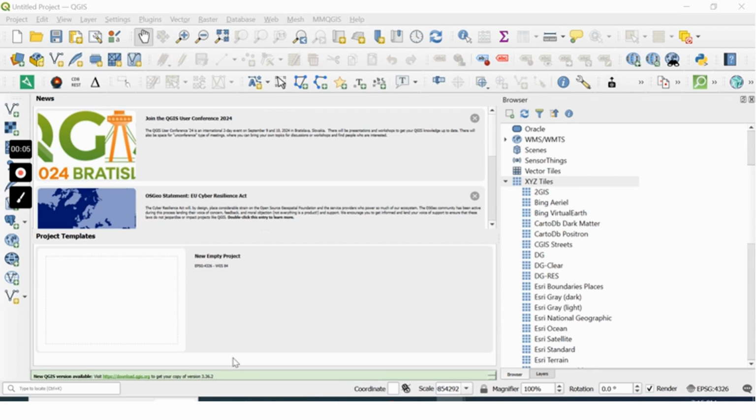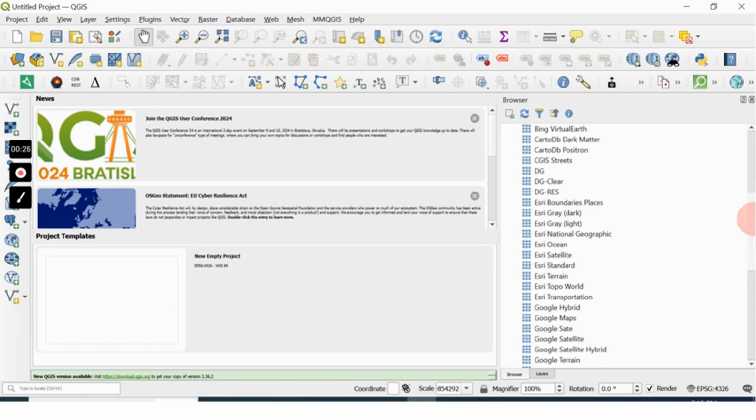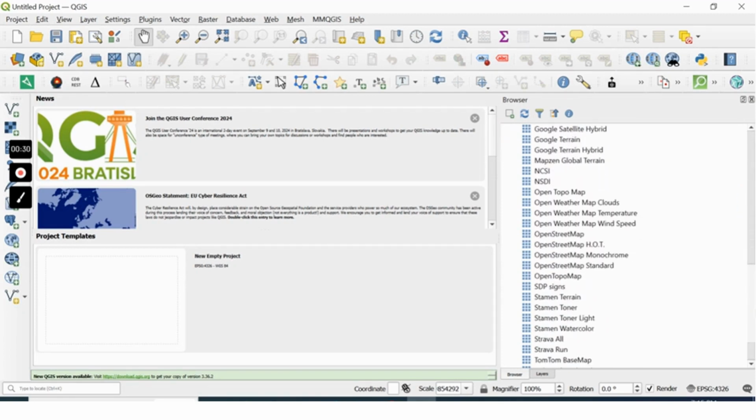In this session, I'm going to show you how to add different maps and base maps inside QGIS using a Python script. So as we can see here, after adding this script, we will be able to see different base maps like Esri standard base map, Esri satellite imagery, and the Google satellite imagery, TomTom base maps, OpenStreetMap,